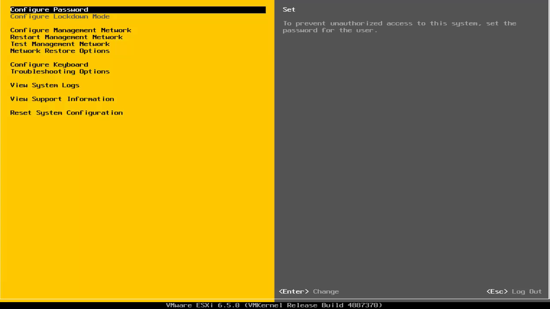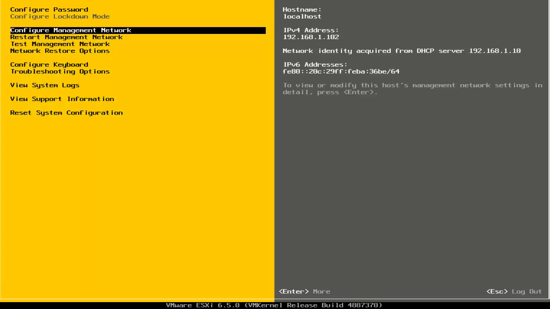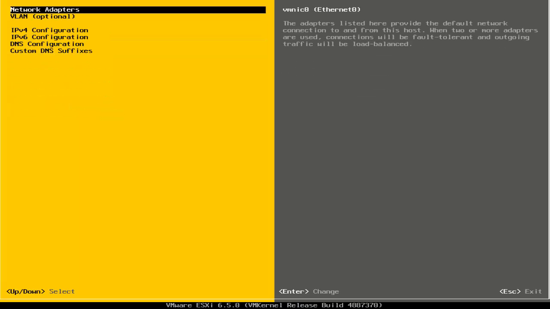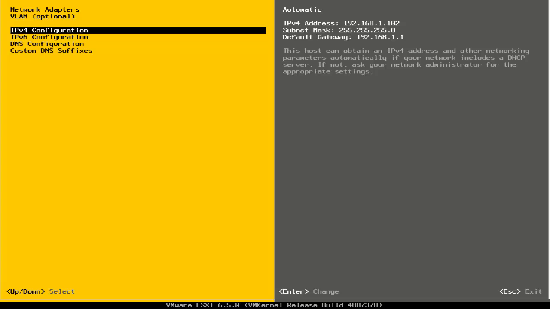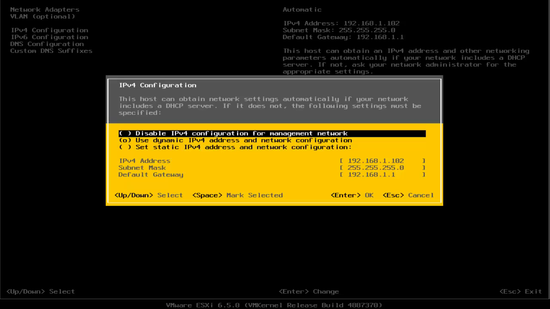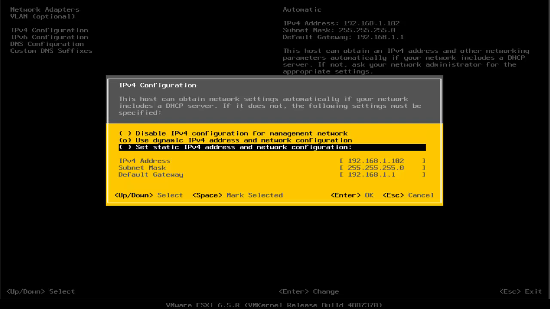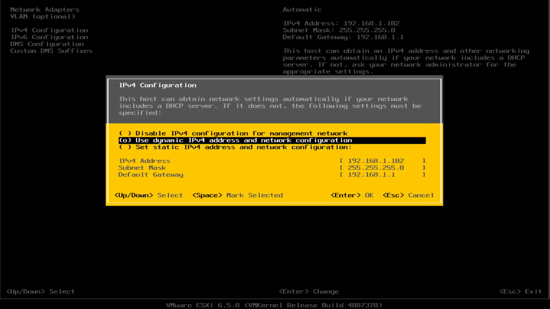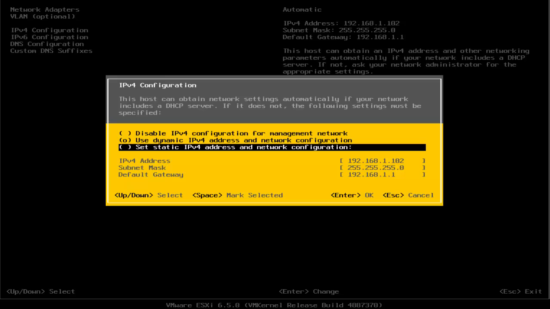So you've got your password, which we don't need to change at this moment. So configure your management network. So let's press enter. As you can see, it has selected the first network card by default. Let's go ahead and go down to IP configuration and press enter. And now over here we've got three options. Using your keyboard up and down keys, you can just go up or down and press spacebar to select one